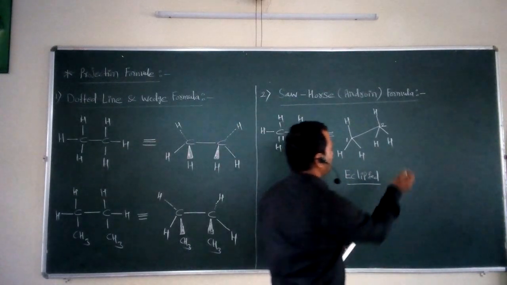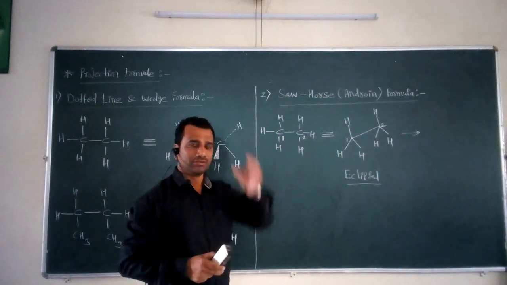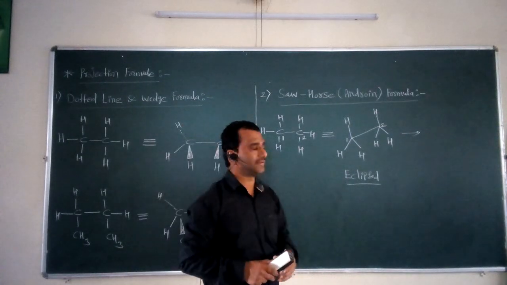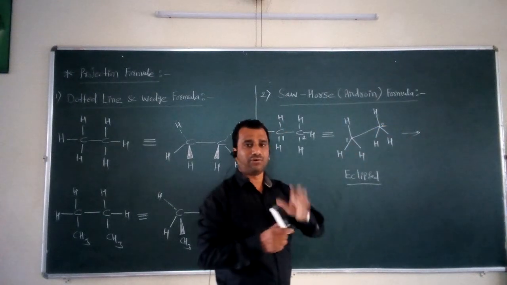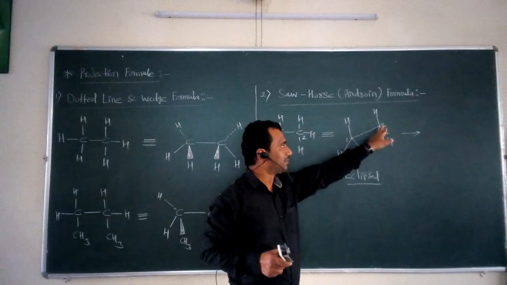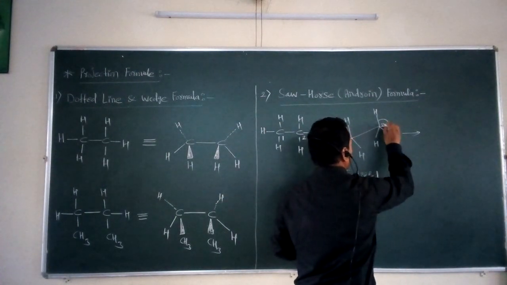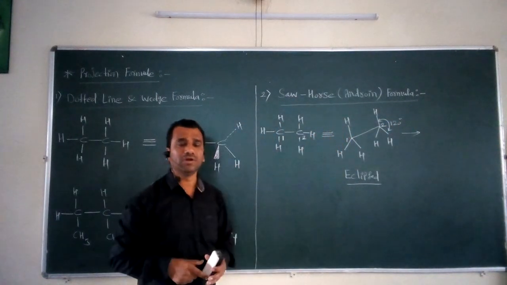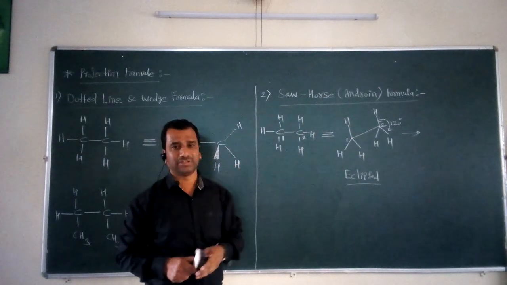Now, suppose we want to convert this eclipsed structure into another form. For this purpose, what do we have to take into consideration? Now, we can rotate. Before that, the bond angle between the two adjacent bonds, that is, the bond between this carbon and hydrogen, and the second bond between this carbon and hydrogen, this bond angle is equal to 120 degrees. Now, if we want to convert this eclipsed formula into another form of this Sawhorse formula, then what do we have to take here?